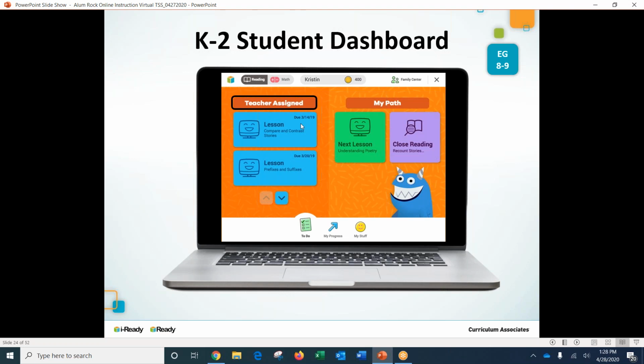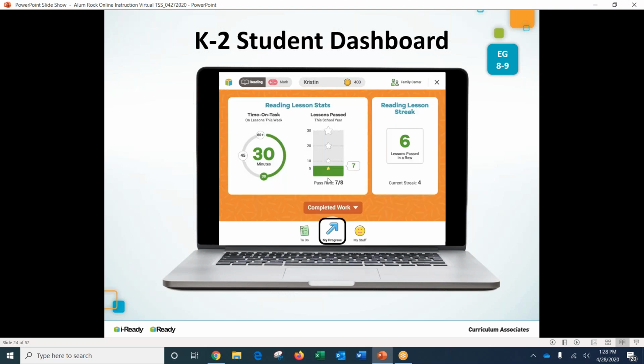But in an at-home learning context, our recommendation is that you do include a due date, because one, it keeps everybody accountable. And with our new report that's coming, it will be very easy for you to identify. Okay, all right, so with that, we also have My Progress where students can keep track of their learning, and